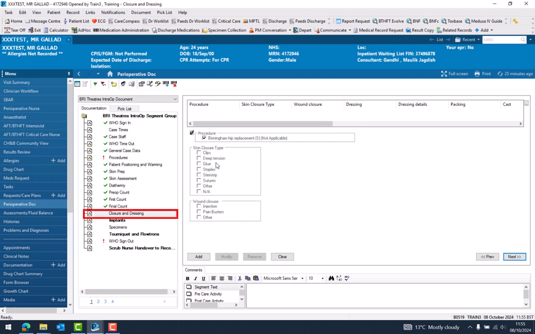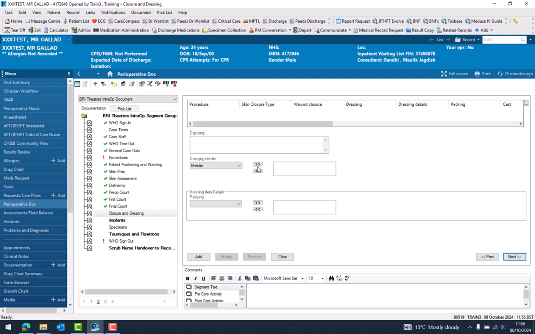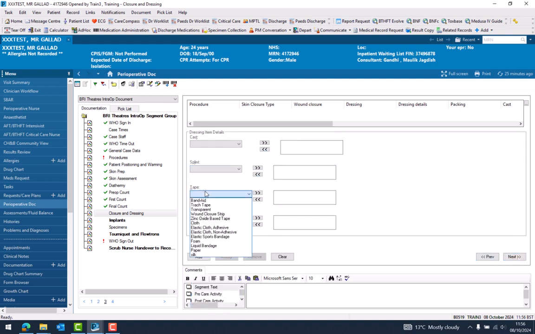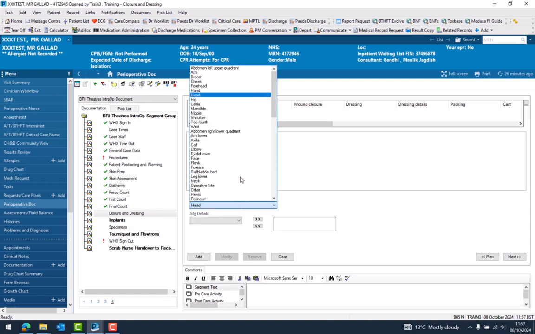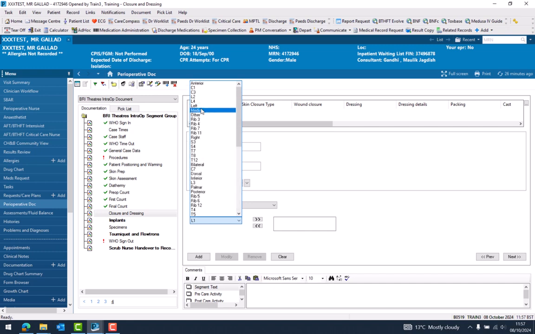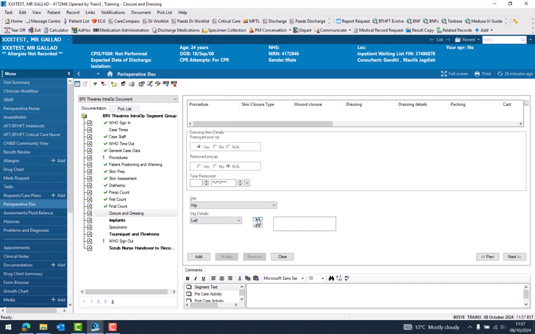Closure and dressing. Skin closure type, I'll say glue. Wound injection, I'll leave that blank as there was no wound closure. And then the arrow in the middle to move it across. Now that I know that I'm on the final page, I will then press add to add all my answers